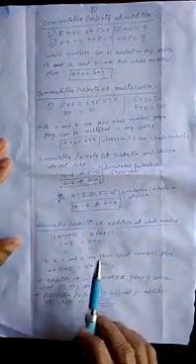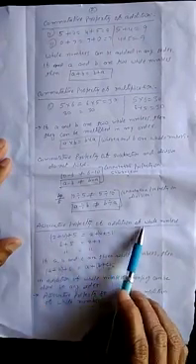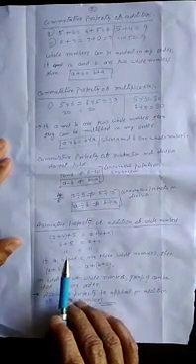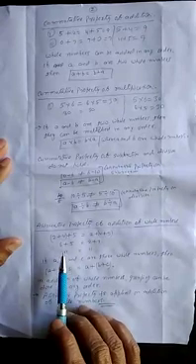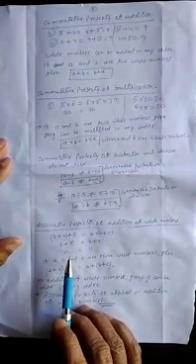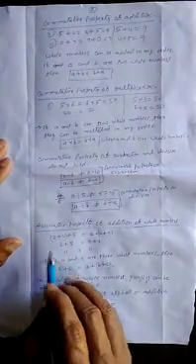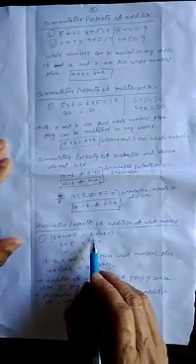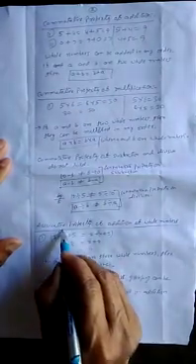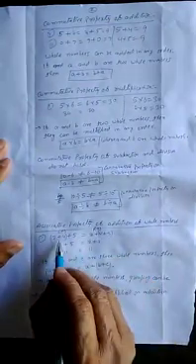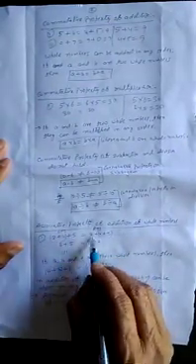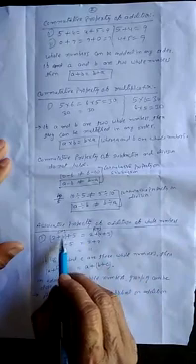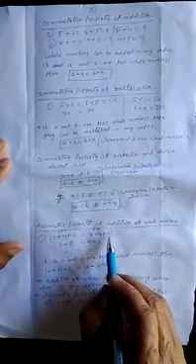We have read that. Now we have to read about the associative property of addition of whole numbers. What do you mean by association? The word associative has come from the word association, and associate means to meet, to make a group, to join or to combine. Here I have written 2 plus 4 plus 5 on the left hand side, and 2 plus 4 plus 5 on the right hand side. On the left, grouping has been made of 2 and 4, and on the right, grouping has been made of 4 and 5.